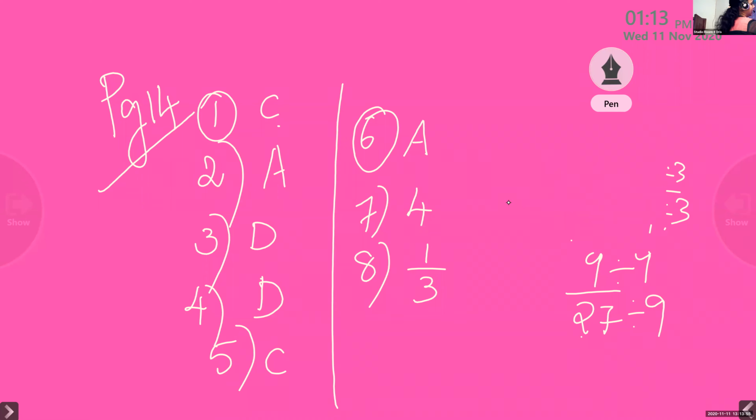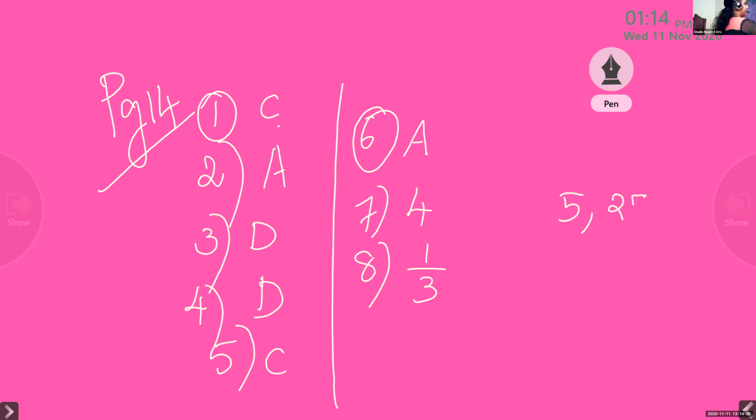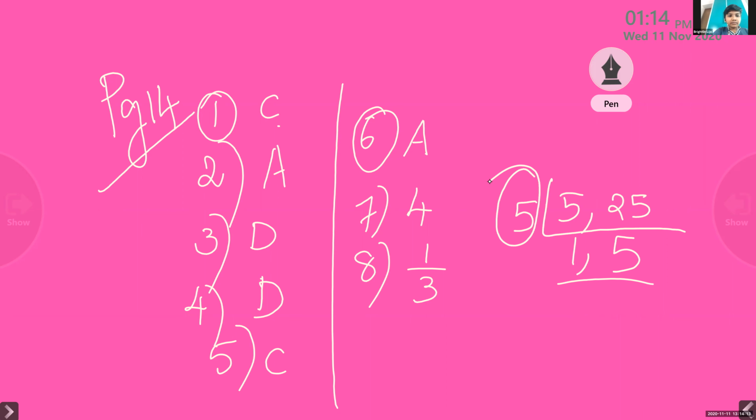See, if you do this calculation, that will be easy. Otherwise, also looking at the numbers, you know, 5 into 5 is 25. 5 into 1 is 5. So, highest common factor is 5. If you want to reduce 5 by 25, you can divide by 5, giving 1 by 5. The highest common factor is 5. So, question number 9, the answer is 5.